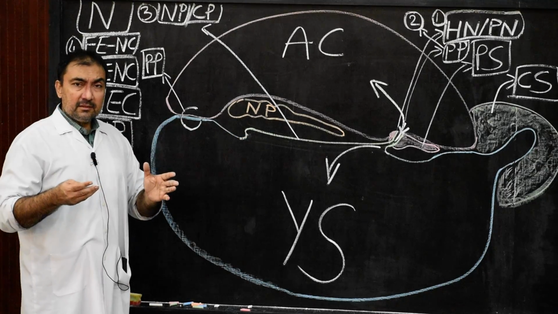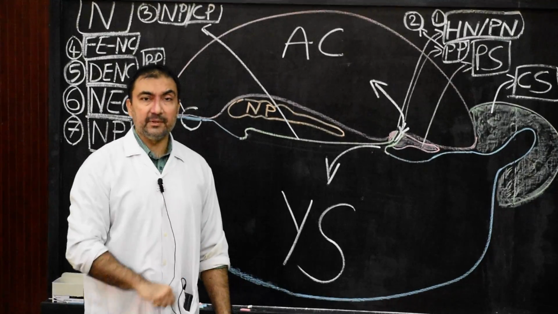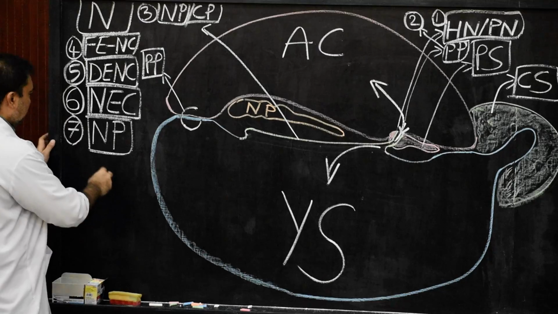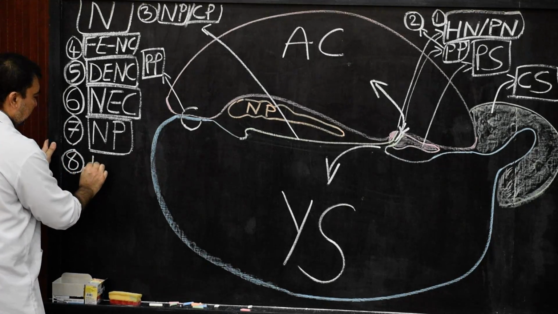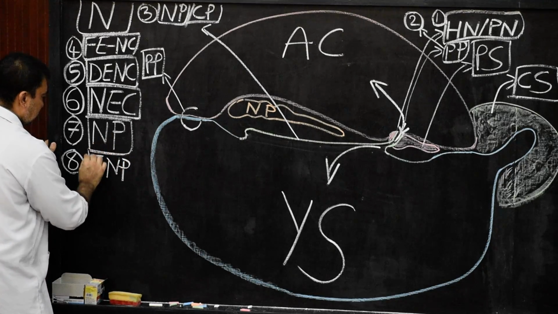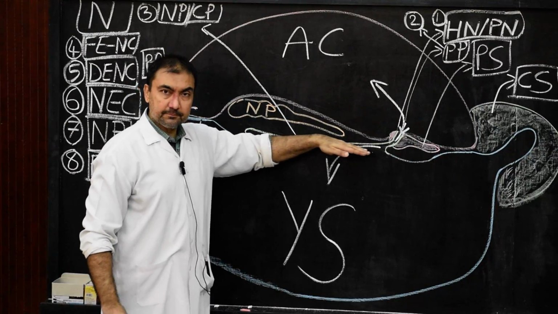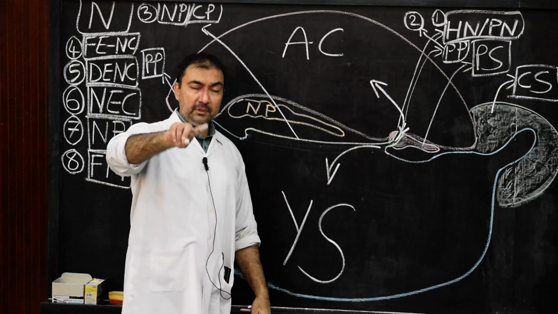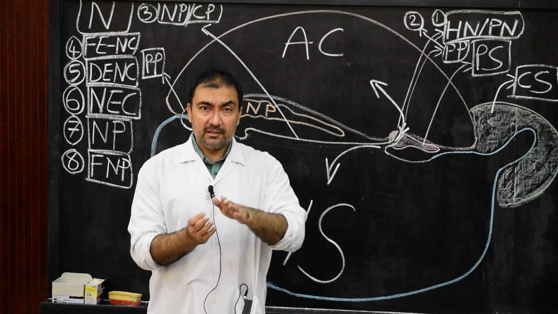Then what will happen? Now this notochordal plate will fold on itself. It is very important, folding. So what will happen to the notochordal plate? There will be folding of the notochordal plate of cells, and this folding will take place in the linear direction only. So because of folding of the notochordal plate of cells, now what will happen? It will gradually separate,